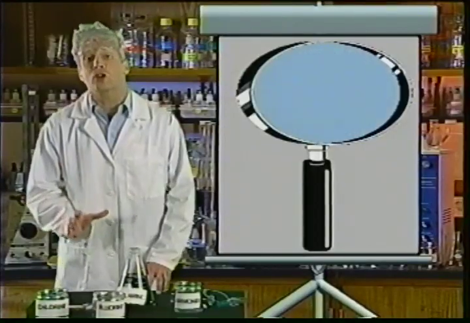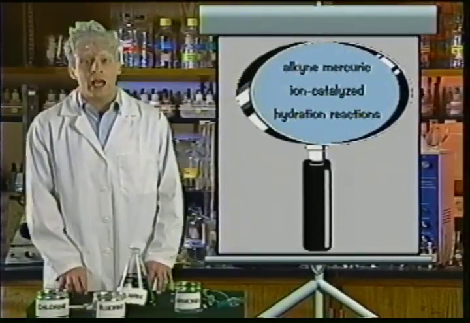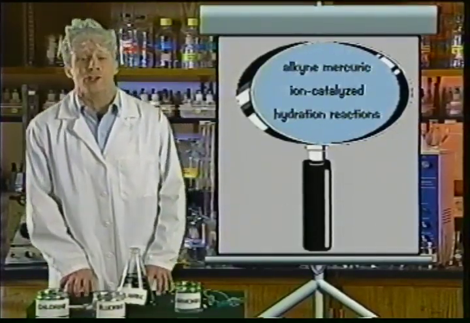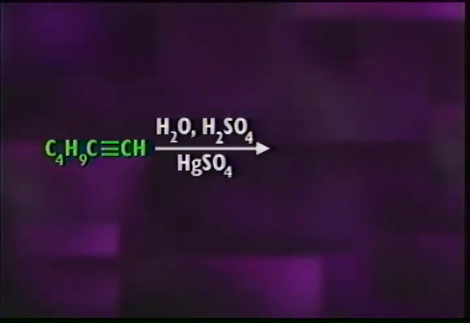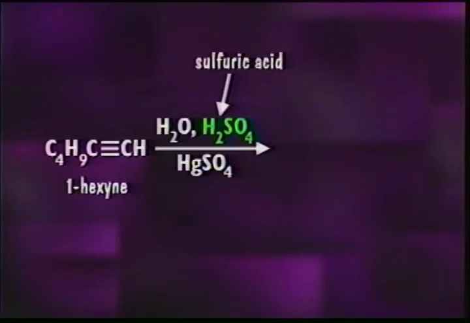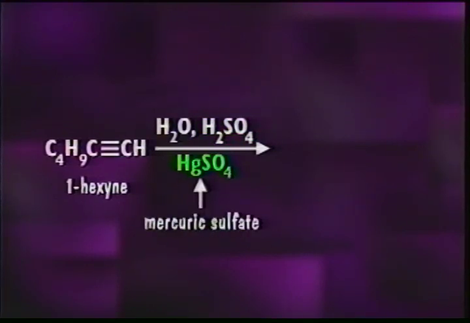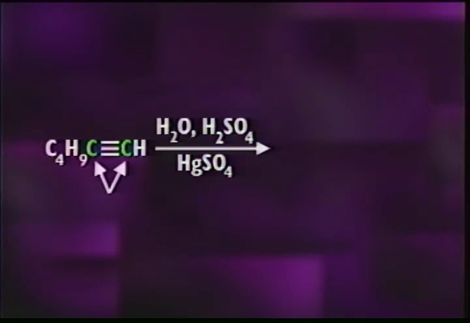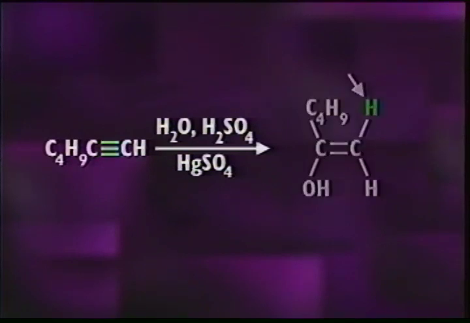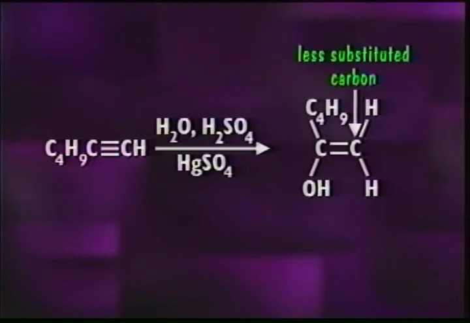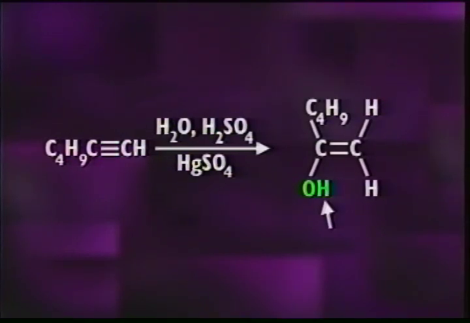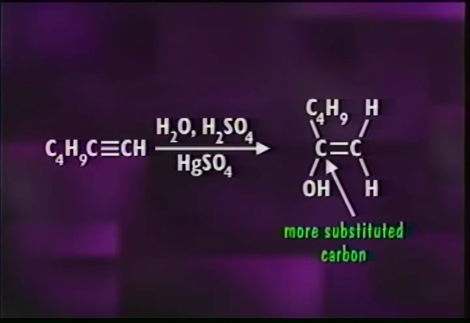Let's take a closer look at alkyne mercuric ion catalyzed hydration reactions. Our alkyne, 1-hexyne, is in the presence of water, sulfuric acid, and a catalyst, mercuric sulfate. There are 2 carbons down here at the end of the alkyne, and the triple bond between them is just ripe for some sort of electrophilic action. A hydrogen adds to the less substituted carbon, and then an OH group adds to the more substituted carbon, forming